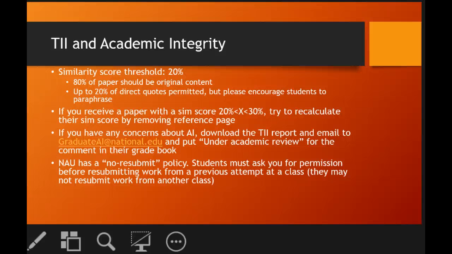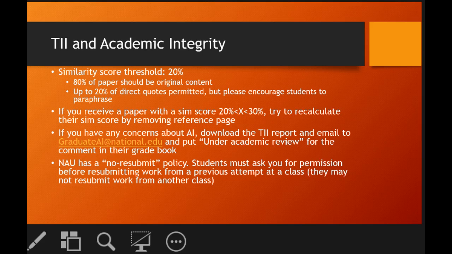I will tell you straight off the bat, I discourage quoting from my students. Even my freshman students, I'm like, I would rather see no quotes than one quote. And that's just because part of demonstrating mastery of the material is being able to paraphrase. I mean, I can quote in Swahili. I don't know what I'm saying, but I know how to use quotation marks. And if you don't enforce or really encourage the idea of paraphrasing over quoting, you'll get students who will rely too heavily on quotes. If the paper is more than 20% quoted material,